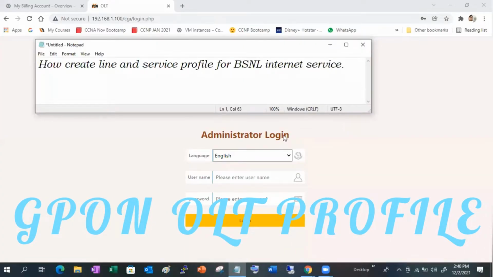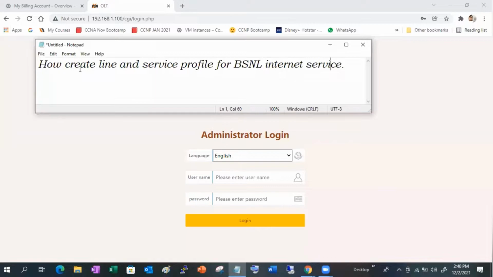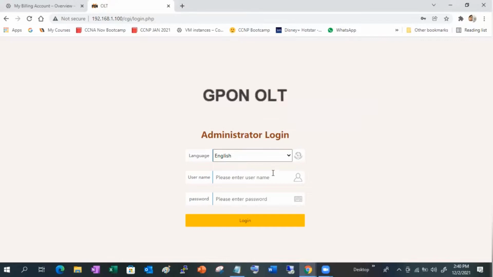How to create a line and service profile for the BSNL internet service. Using the GI mode. Username root, password is admin, login,